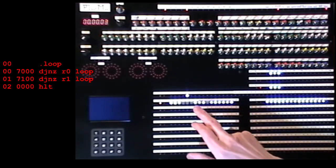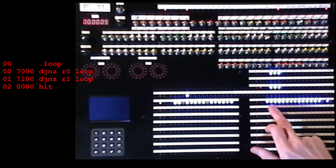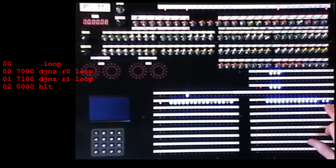Okay, reset and run. And register 0 is counting down as before, but this time register 1 is counting down at a slower rate. But it's going to take a very long time before this gets to 0, so I think I overcooked it. So I'll make the outer loop smaller by preloading register 1 with a start value. Now, I did some tests earlier and 8 was a reasonable compromise. So I'll start a new program,